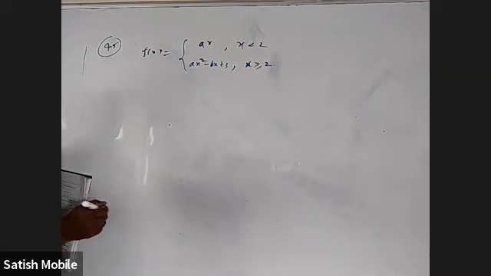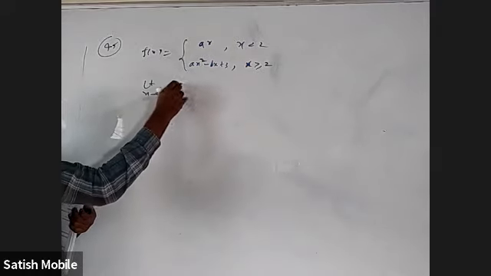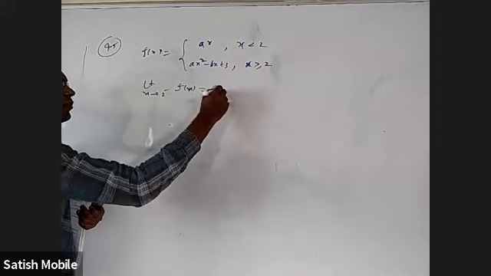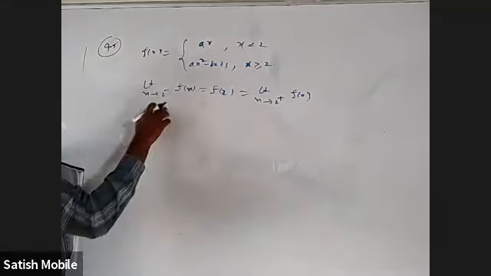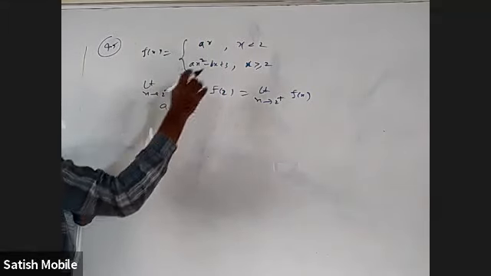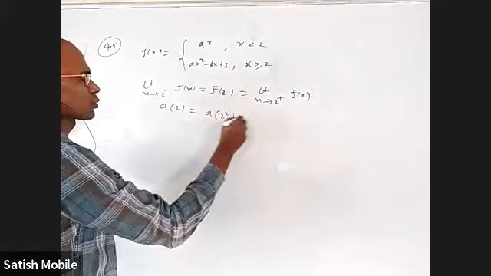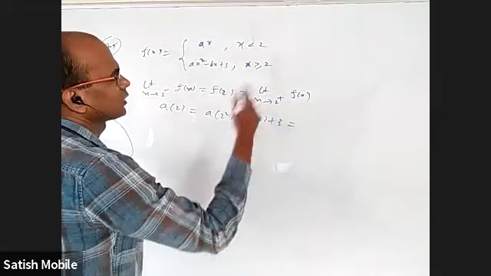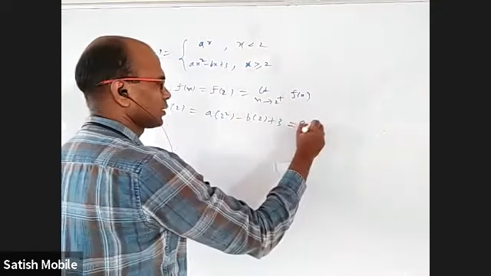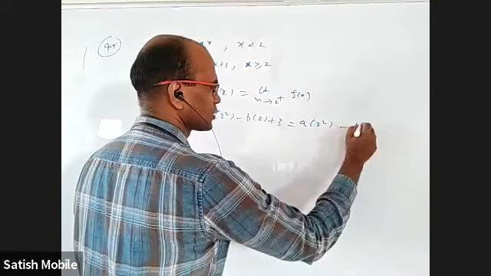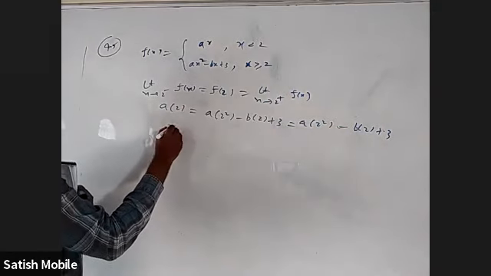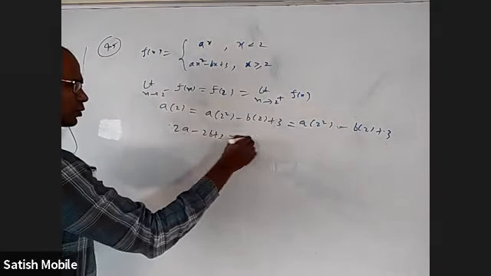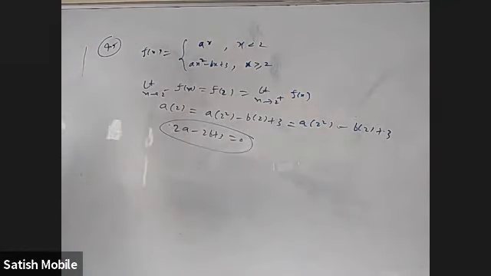So first we have to check the continuity. The limit as x tends to 2 minus of f of x should be f of 2, which should be the limit as x tends to 2 plus of f of x. Okay, just before 2 it is a into 2. At 2 the value is a into 2 square minus b into 2 plus 3. Right limit at 2 is also the same. Okay, this will give some equation. What is that? This is 2a and that is 4a. So 2a minus 2b plus 3 equal to 0. One equation. This is for checking continuity.